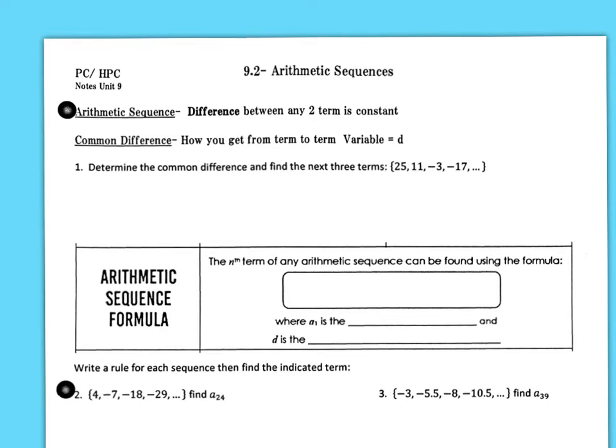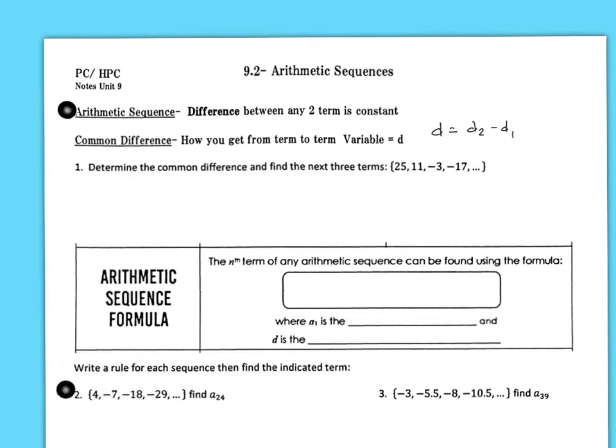So today we're going to focus on arithmetic. I know it looks like arithmetic, but we're a little bougie and we say arithmetic. All right, so it's arithmetic. And arithmetic basically means you add or subtract to go from term to term. That is called a d, common difference. The way you find the common difference is you would take the second term minus the first term, or any